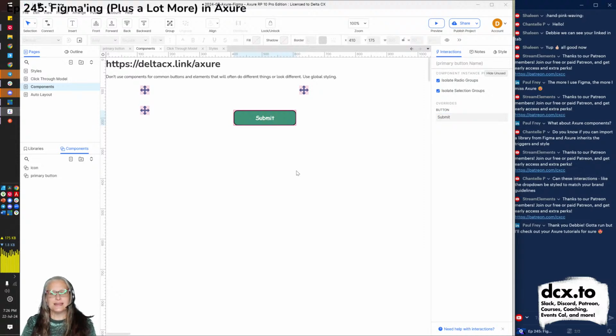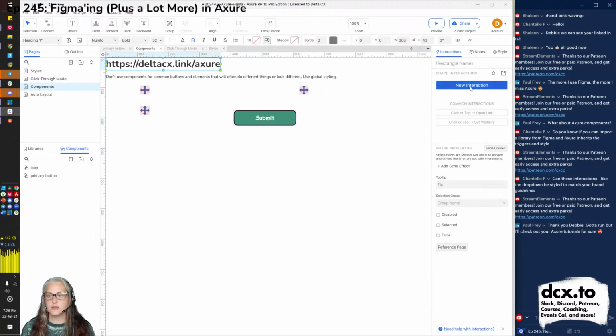But it's not easy to change what this button does, because you might have some instances of this button where it goes to another page. You might have some instances of this button where an overlay comes up. How do you do that? Remember our interaction. Remember, whenever we have a widget, we have this interaction button where we can start building an interaction.